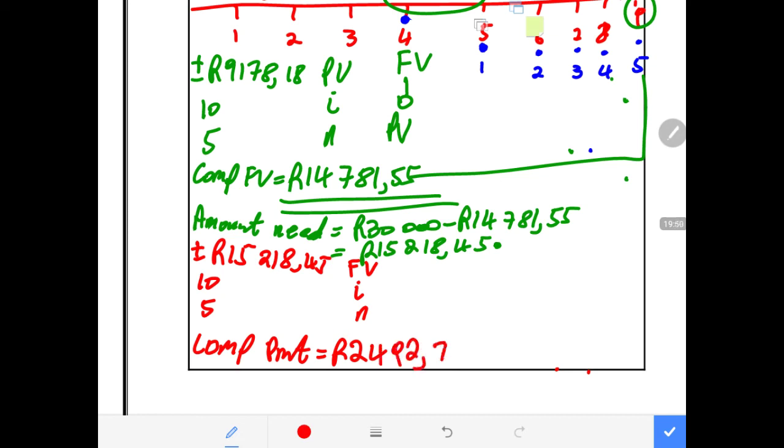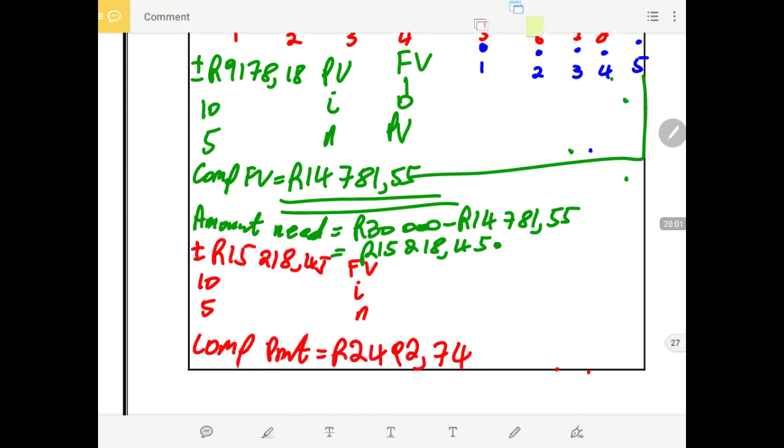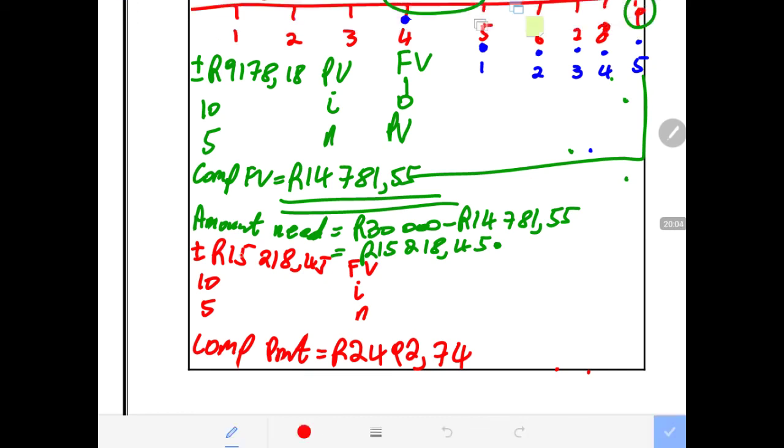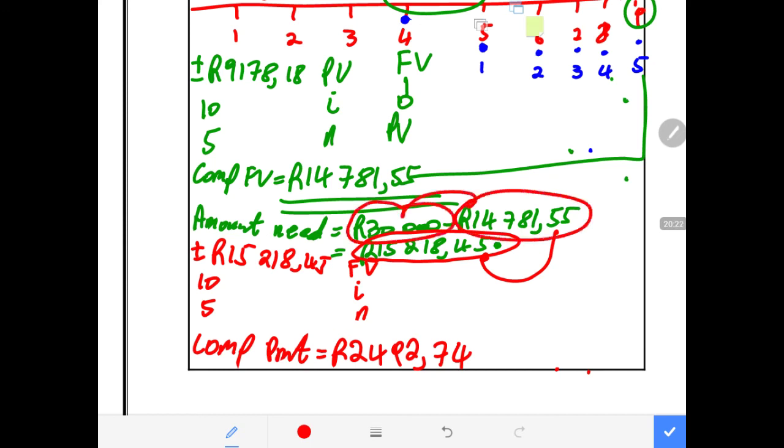2,492 rand 74 cents. This is the amount this person must pay every year from year 5, year 6, year 7, year 8, year 9, in order for him to raise the remaining balance of 15,218.45, so that after he raised this balance, we can add to that 14,781.55, and those balances will sum up to 30,000, which is the amount that he needs at the end of